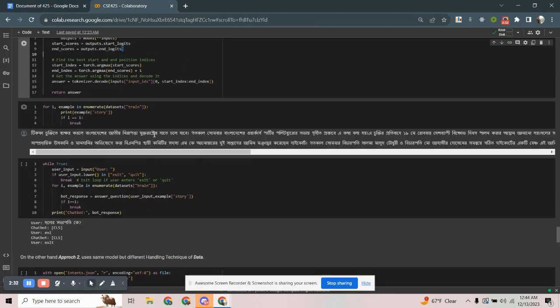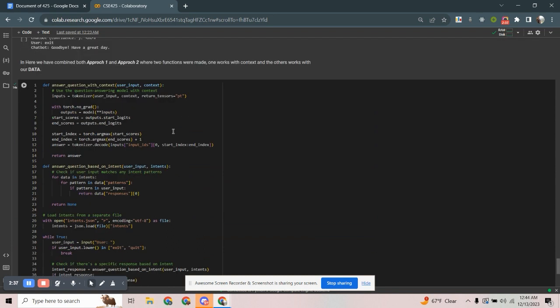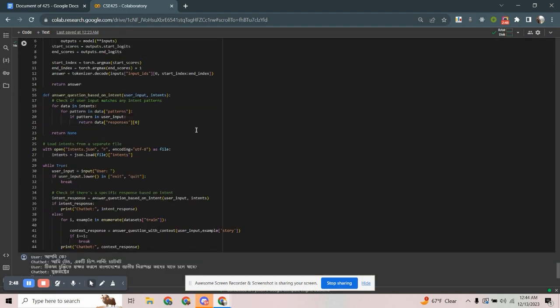If we go into our code, we can see the input patterns and the appropriate response of the chatbot. On the other hand, when the chatbot encounters more complex queries, it seamlessly transitions to BanglaBERT, our dedicated question answering model. BanglaBERT tackles linguistic subtleties and contextual nuances with finesse, offering detailed and accurate responses.